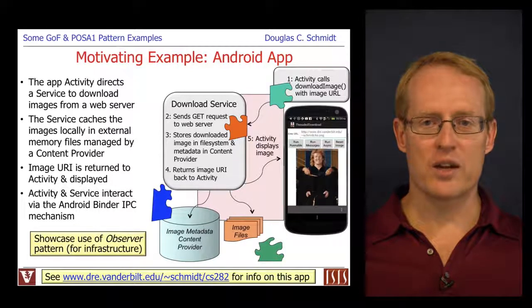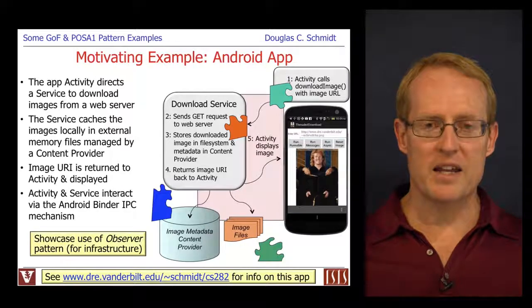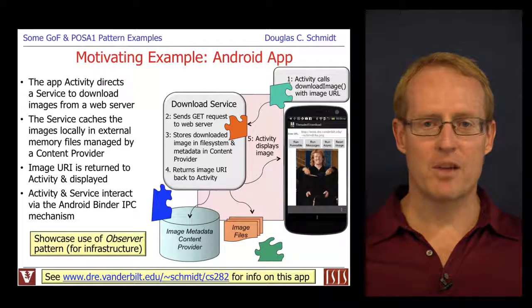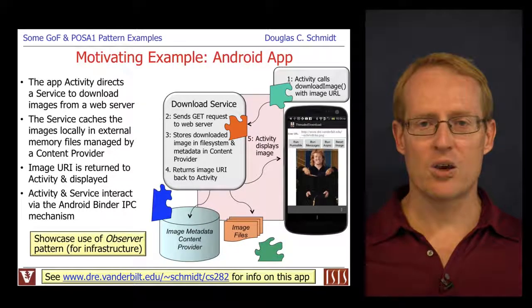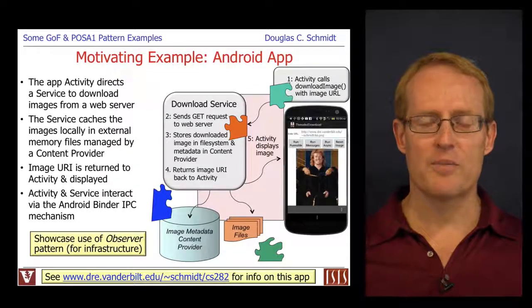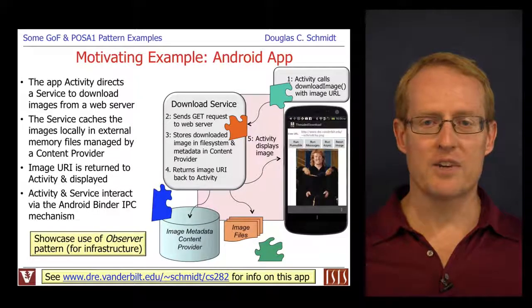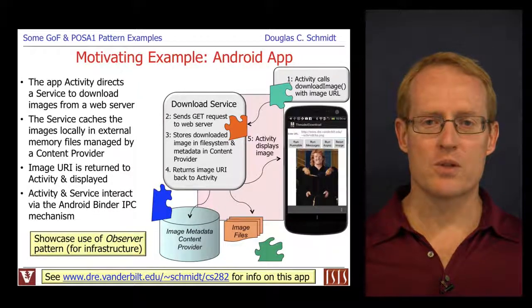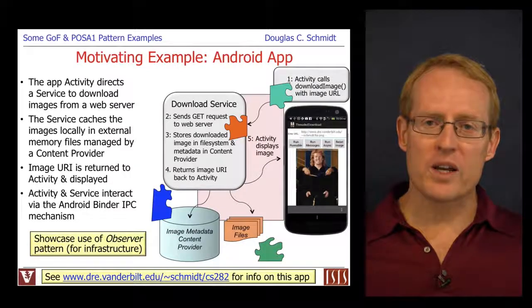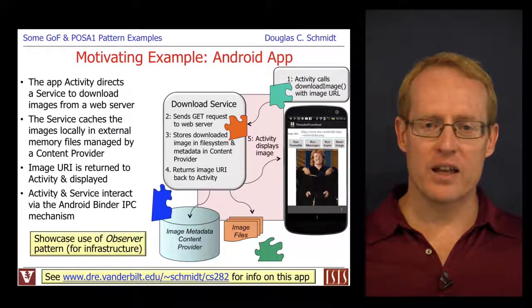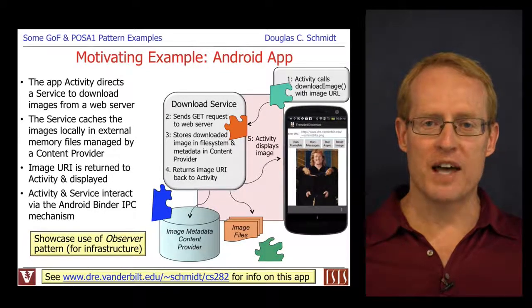That content is stored in the file system. Some metadata is put in a content provider to describe things like the time it was downloaded and size information and so on. And finally, the Uniform Resource Indicator, or URI, is passed back to the application activity, where it's displayed to the user. What we'll be doing now is talking about how the observer pattern can simplify some parts